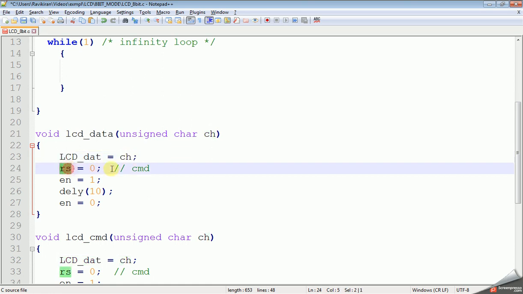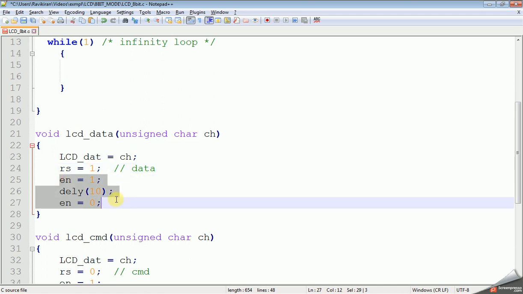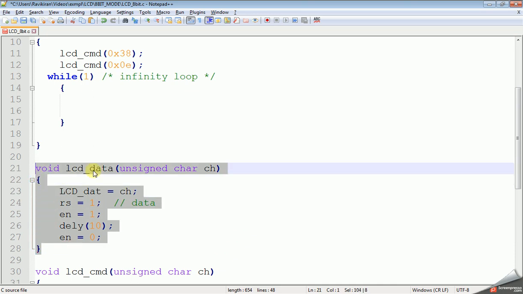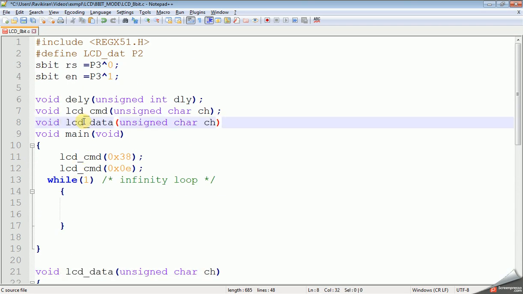Here we are writing data, so that means RS should be 1, and enable is the same, a high to low pulse to enable the LCD display. So this is a simple function to write LCD data. We need a prototype for this one also. Save it.